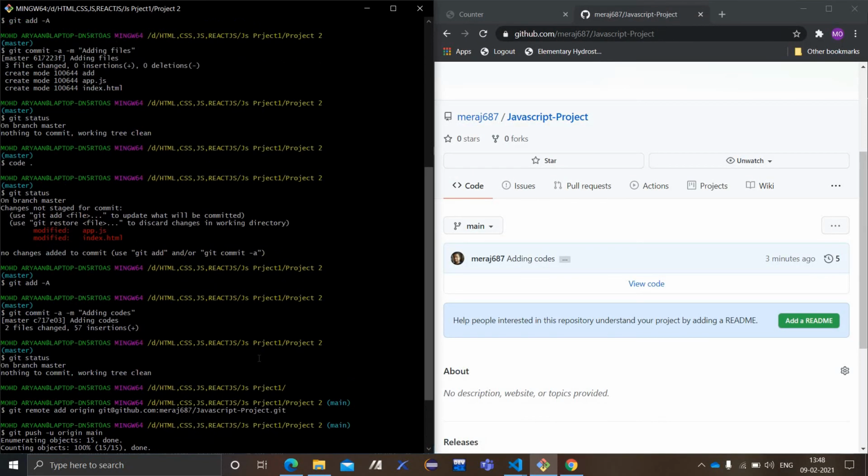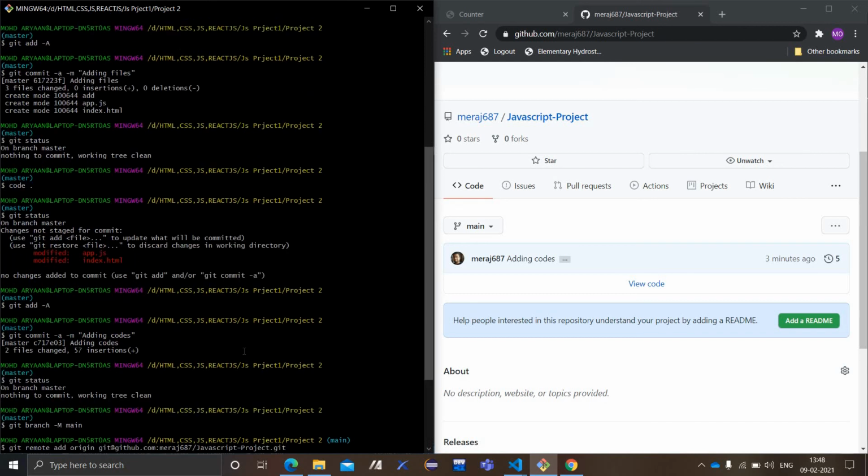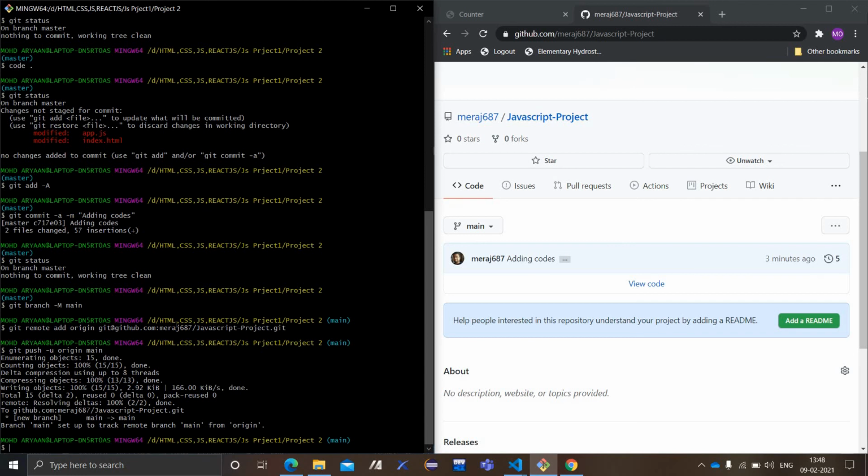So this part I've done, hope you can understand, and if you need to directly pull or push this code to your repository, you can do it like this. For pulling also, same thing. For importing, just take this code and work on this. Practice more and more, you will get to know how it's working.